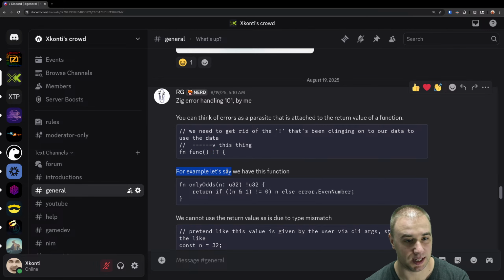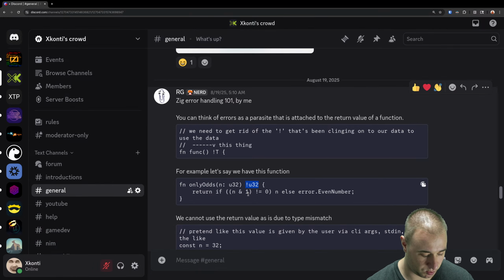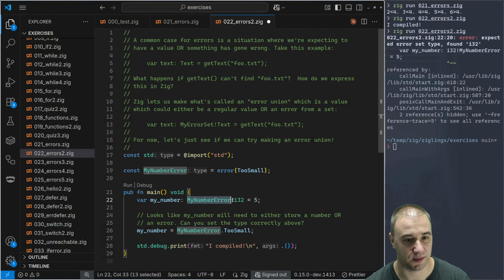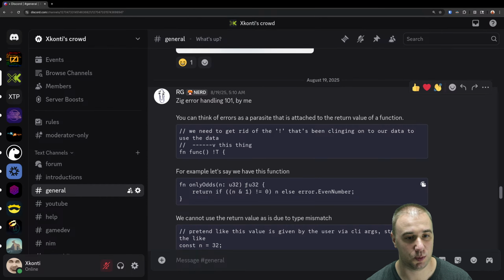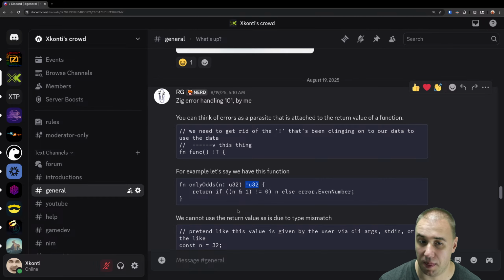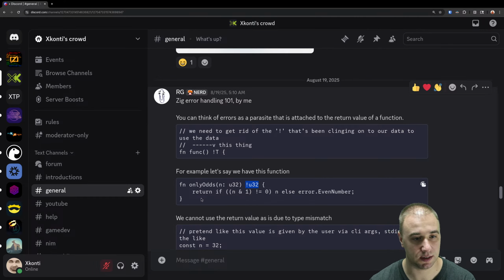For example, let's say we have this function, only odds, and we have exclamation mark u32. So what I learned so far looking at this thing suddenly tells me we can just omit this one. And therefore we have a situation where this could be any kind of error or u32. That's a fun syntax. All right. So only odds is this, right? It could throw an error. So return if